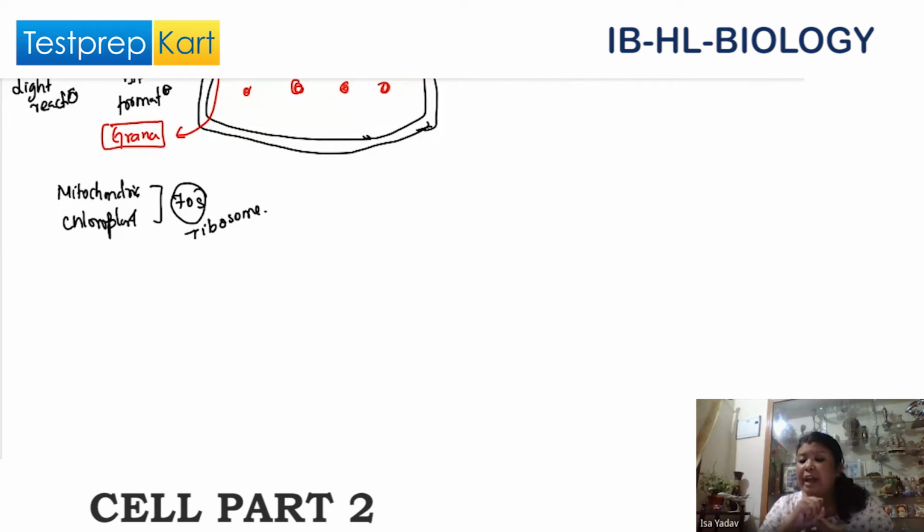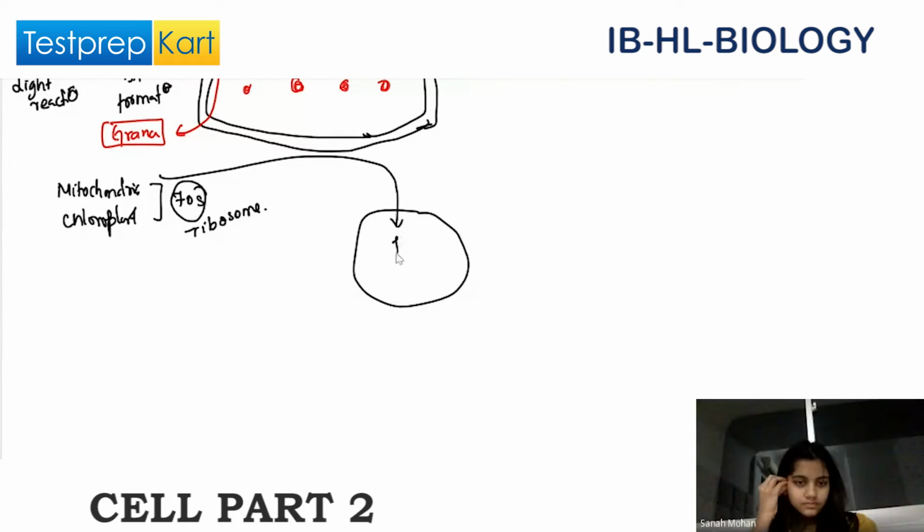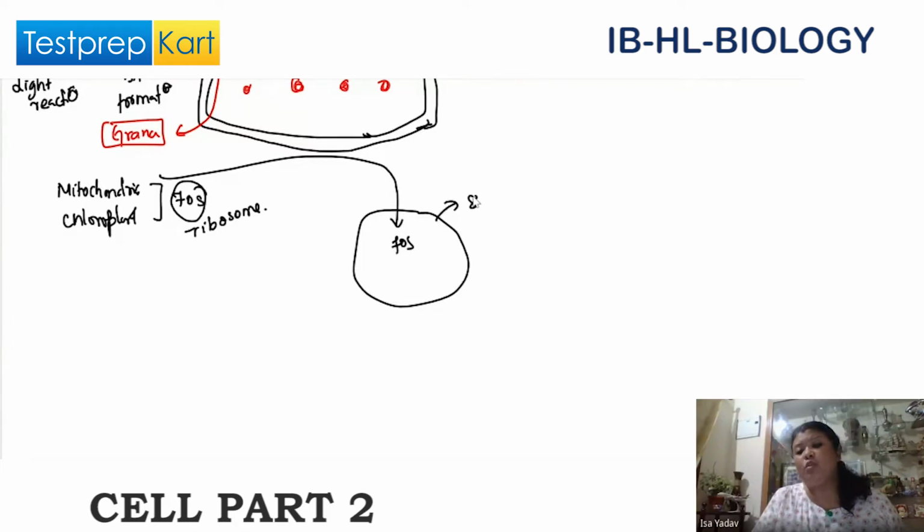70S ribosome is a type of ribosome which is present in prokaryotic cells, right? So how come mitochondria and chloroplasts, which are present in eukaryotic cells, have the 70S ribosome of prokaryotic cells? Can you tell me how it is possible? See, this is a eukaryotic cell. Inside the eukaryotic cell, we have mitochondria and chloroplast. They are 70S. But the eukaryotic cell as a whole is 80S. The reason is a theory called the